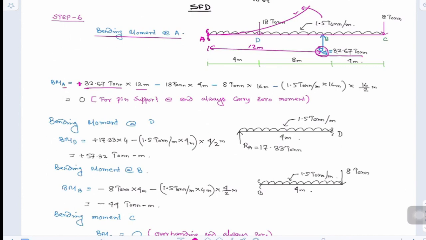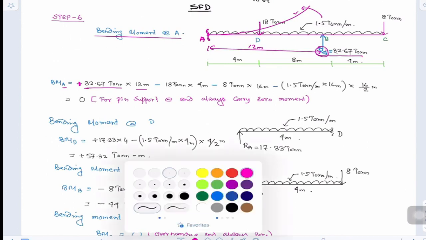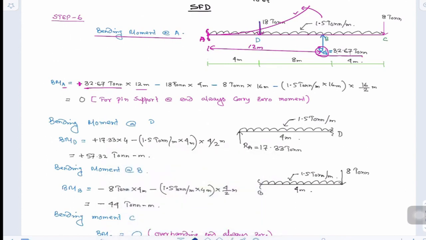Similarly, next load, say 18 ton, this is my 18 ton. This 18 ton is creating a moment of 18 into, what is the length? 4 meter. So 18 into 4 meter, A is fixed, this will cause this type of shape. This is similar to the crying condition. So crying means negative, so 18 into 4 will be negative. So negative 18 into 4 ton meter amount of moment is occurring at A.